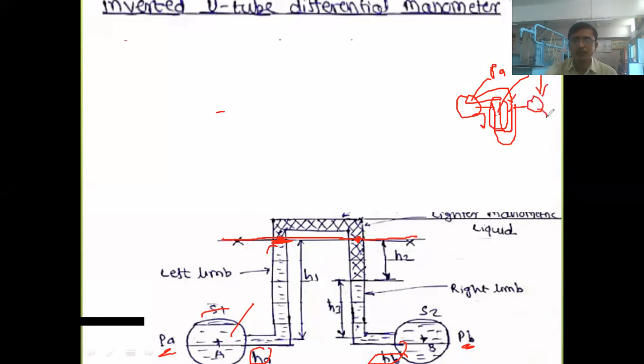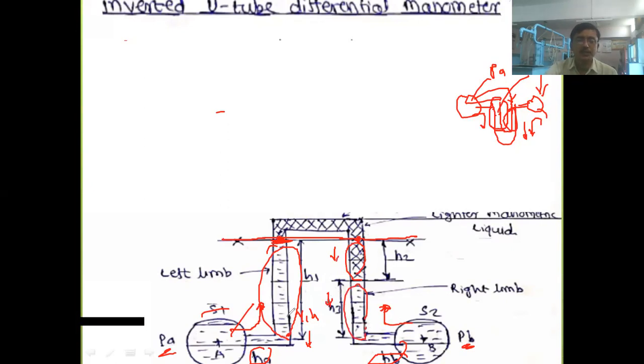Similarly here also, this pressure PV was acting in downward direction, and this column was acting in downward direction. But now if you observe, this pressure PA is acting in upward direction. This PV is also acting in upward direction, right? So what about this column? This column has a tendency to act in downward direction because weight always acts downward. So its pressure intensity, that is gamma 1 H1, will be acting in downward direction. Again, this pressure intensity will act in downward direction.